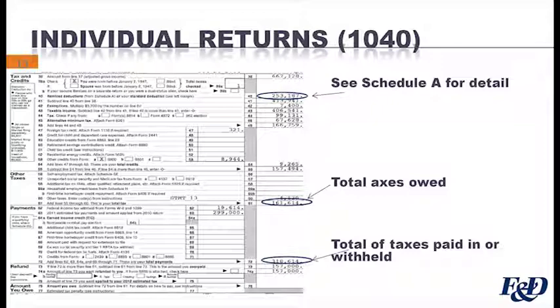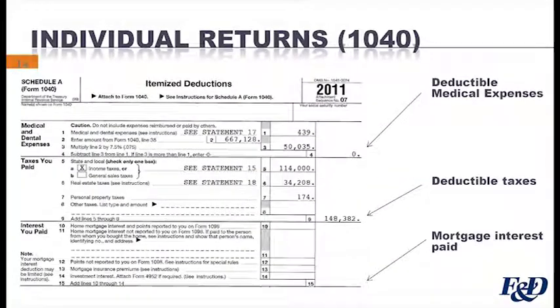$318,614. When the total $318,000 of payments and taxes withheld is compared to the total tax due of $161,000 in this example, there's a large refund of $157,000. I'll briefly touch on the Schedule A. Your Schedule A are your itemized deductions for any individual who's filing a 1040. As I mentioned on the first page, the deductible state taxes are reported on this schedule, which you can see